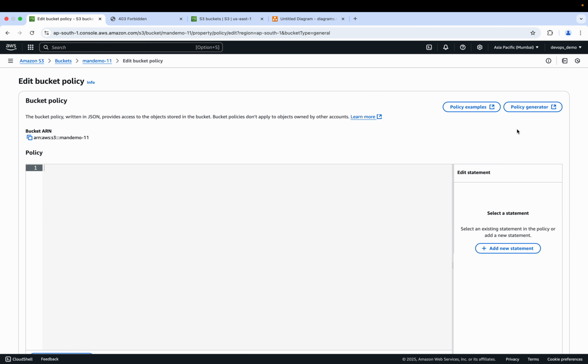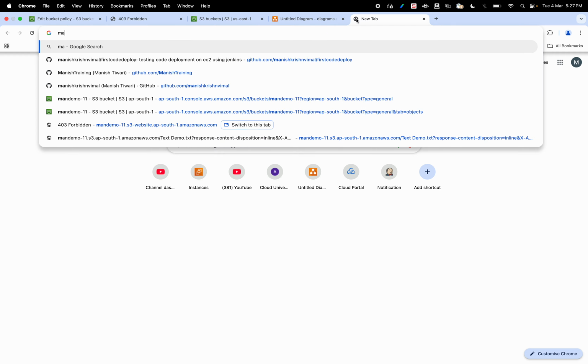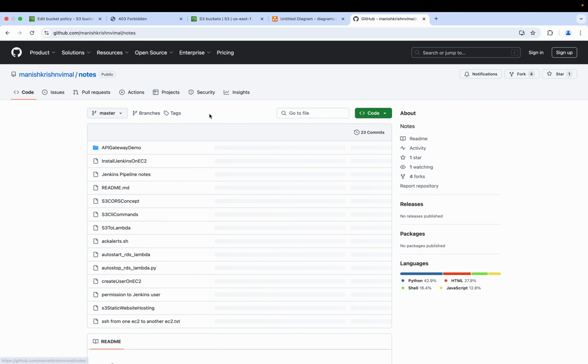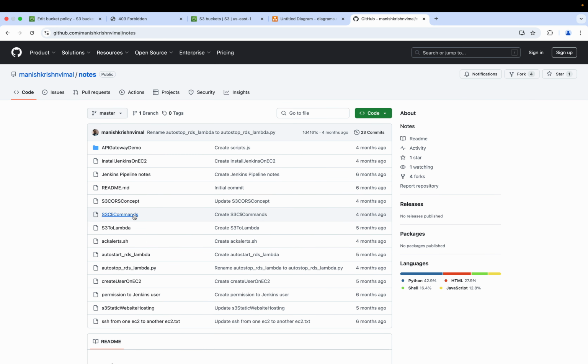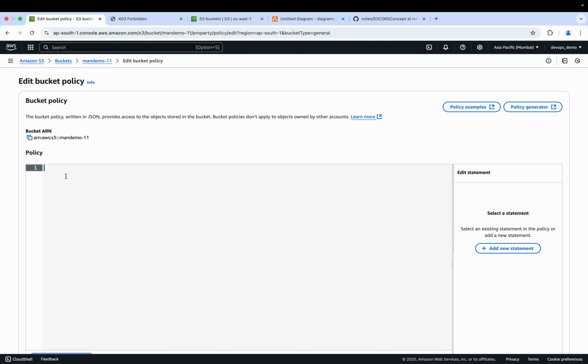So I'll be getting into this bucket policy, and for that I will have to get into these notes. So let me get into this first code deploy, and this is my GitHub repo. Actually I have to get into the notes, and from here I will be picking up the details of what I have to do. So S3 CORS concept, I have already made the document for that. So I'll be just using these contents for my use case for this demo purpose as well. So let me just copy this policy, command C, and then let's get into the edit bucket policy, command V,